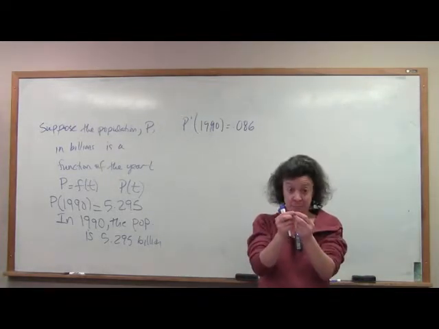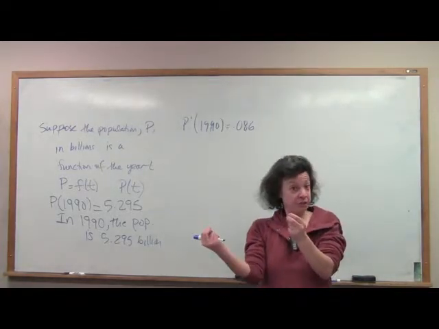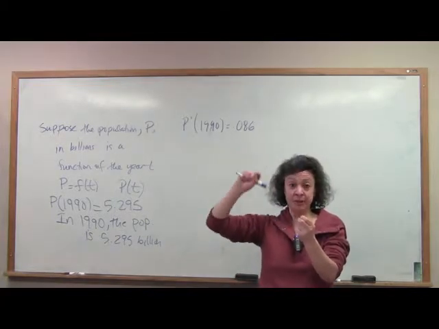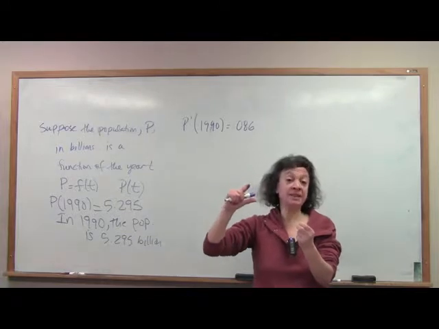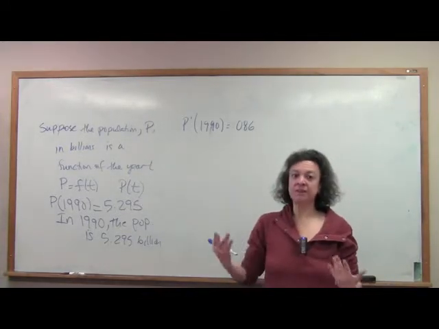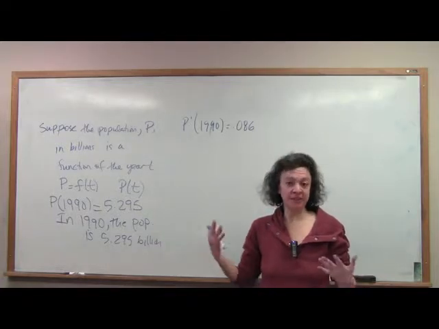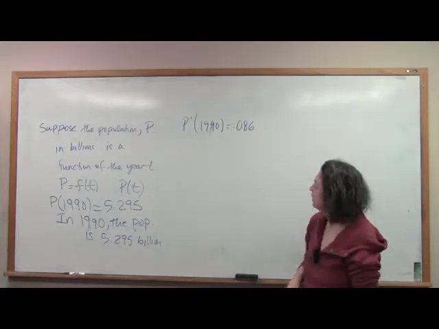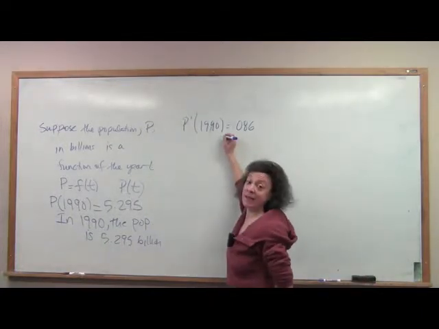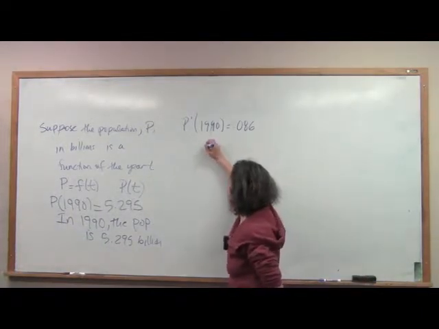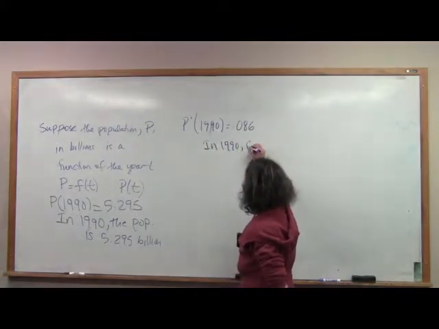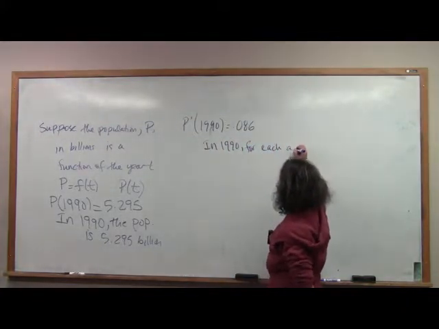It means at that point, for each additional x value, your function value is either increasing or decreasing by some amount. How do we know increasing or decreasing? We know that by the sign of the slope, positive or negative. So, what this says is, starting at 1990, in 1990, for each additional year,